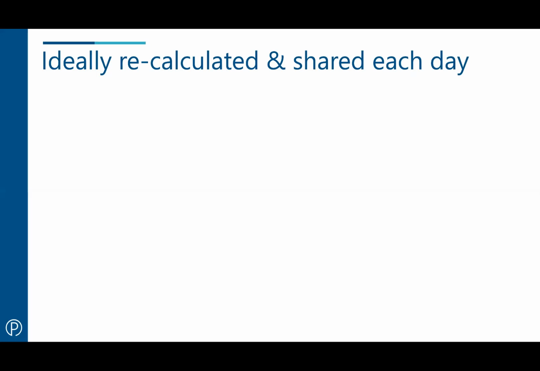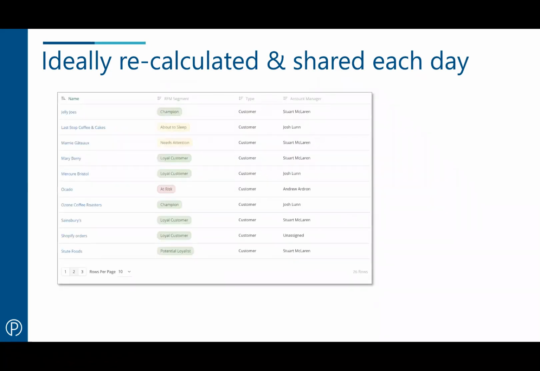Because if some customers become really recent, you need to change your range of recency. If some customers become much more frequent, then the frequency needs to change. You probably don't need to recalculate the buckets every day, perhaps once a week or once a month, but you do need to calculate each customer's score once a day or once a week. And of course, that's a very hard thing to do manually or even on a spreadsheet. So that's where customer relationship management software comes in.